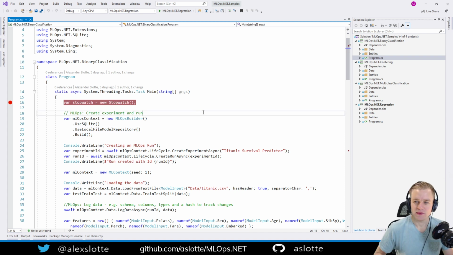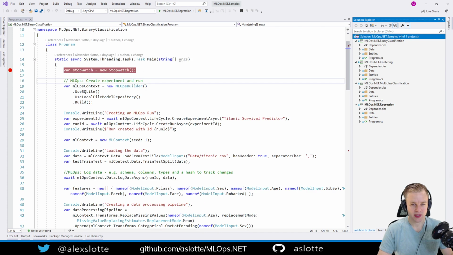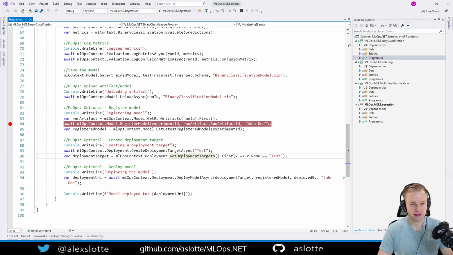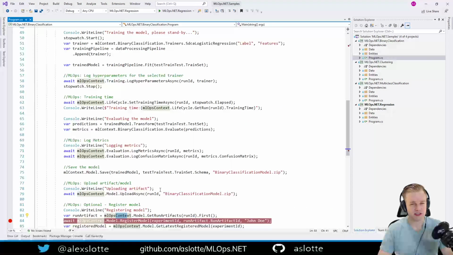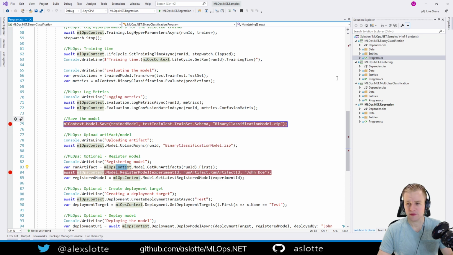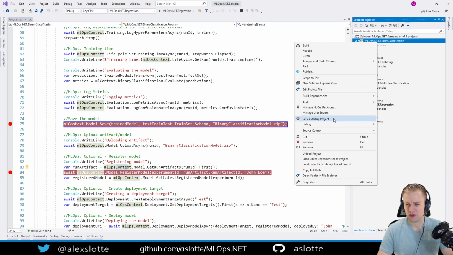So, as you may know, we had this sample repo in the library under the samples folder with different kinds of samples, and it was just updated for the 1.0 release. Mostly we've added this end stuff here with uploading artifacts and models and all that kind of fun stuff. But let's try to run this and see what some of the limitations are here, right? So if we set the startup project here